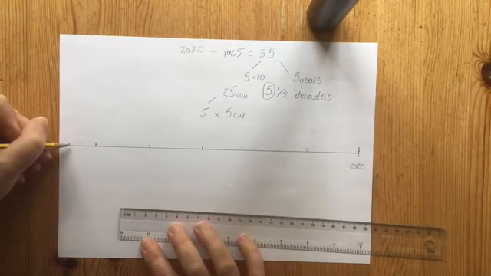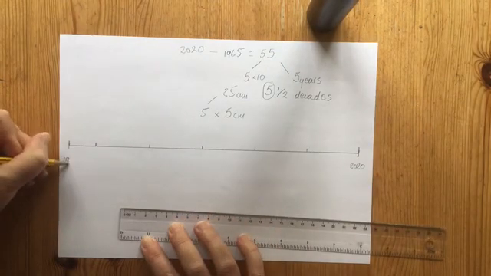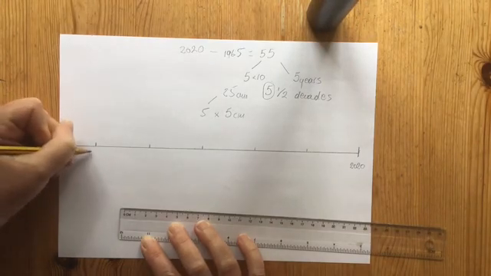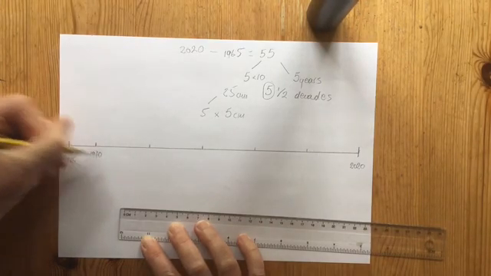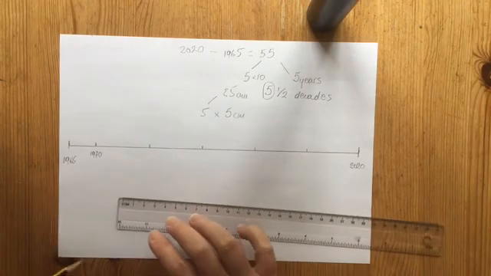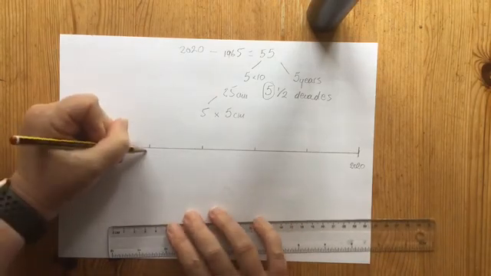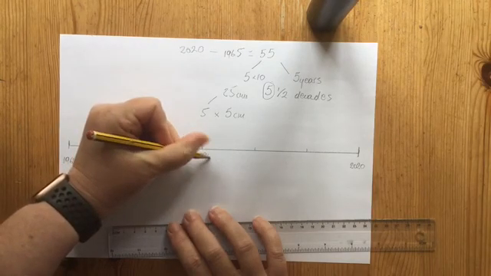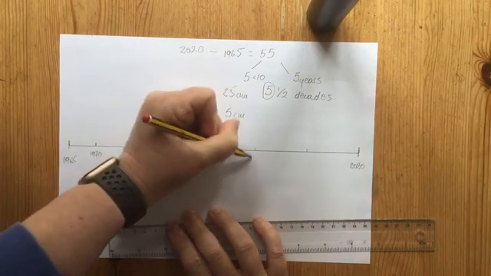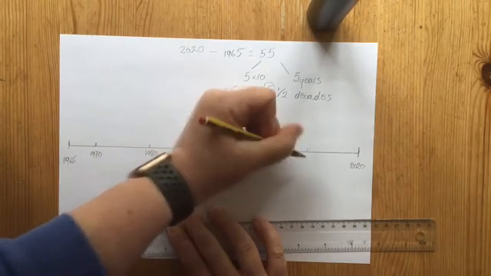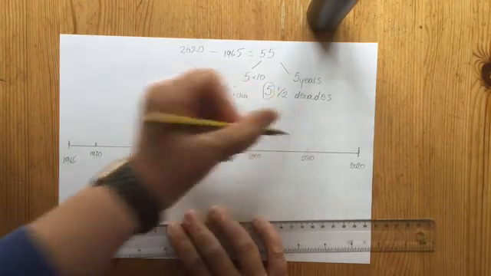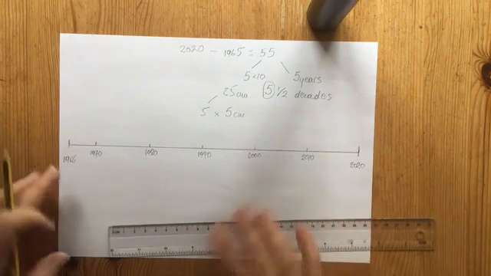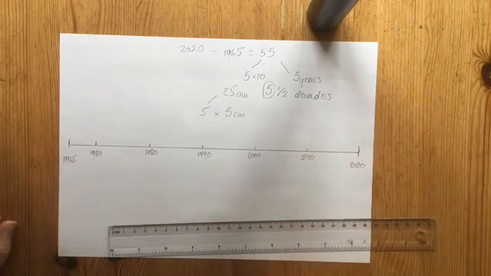So this will be the year our school opened, 1965. 5 years on, 1970. And now it's easy because I can count in 10. So 1970, 1980, 1990, 2000, 2010, 2020. And now you have a nicely